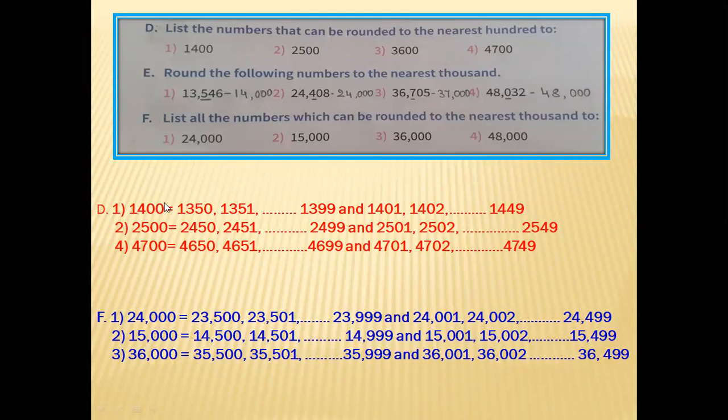Here total 100 numbers, but here total 1000. In tens only 9, meaning 10. Okay, here it will come to 99, here it will be 999 numbers. Okay, these numbers are equal to this number. Like this you have to list the numbers and write. This is up to here.